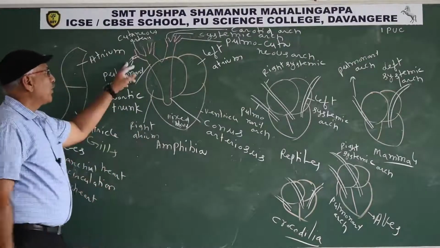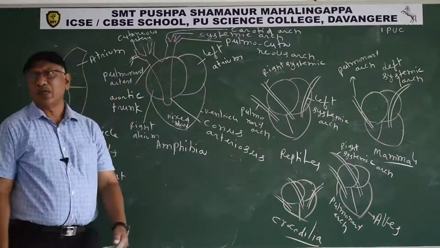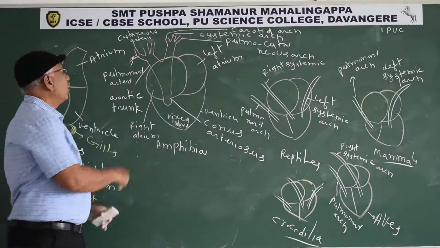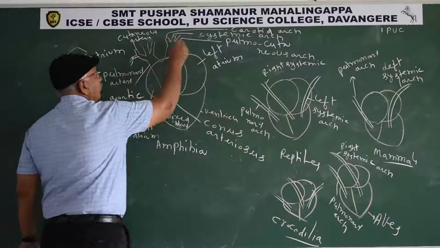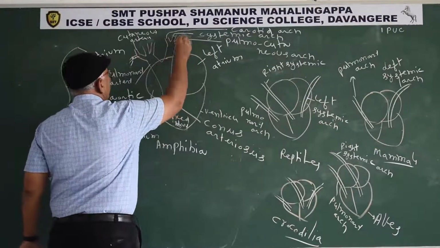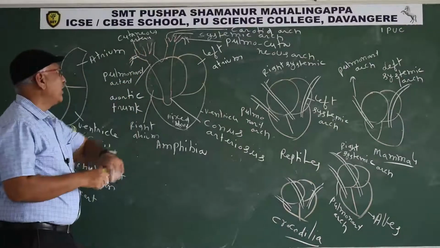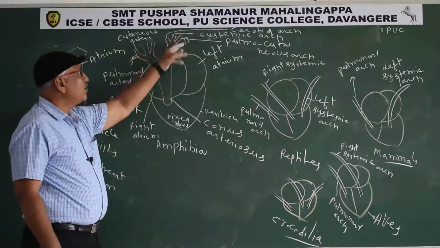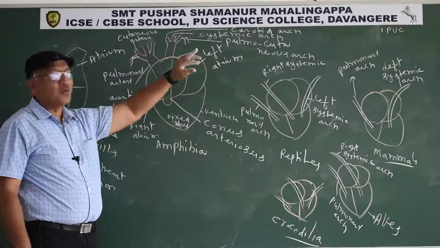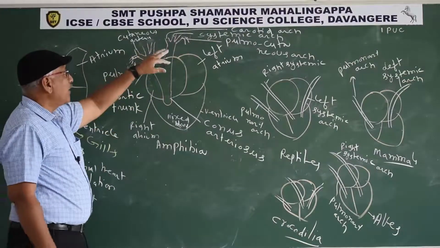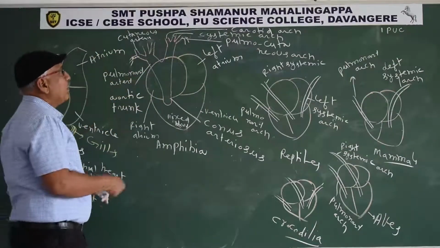Enter into a pair of pulmonary arteries. From the pulmocutaneous arch, it is divided into pulmonary and cutaneous. The two pulmonary arteries supply 16.5% blood